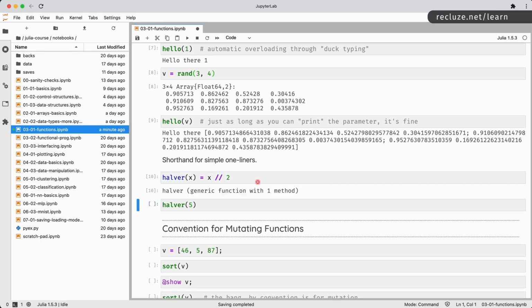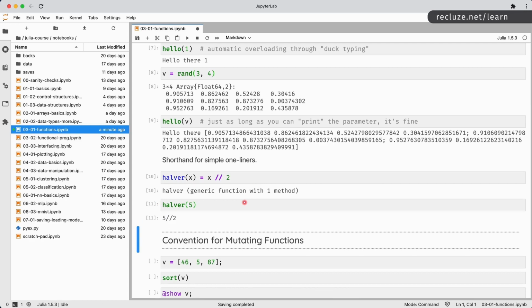If you run that, you get a function back which is going to be called hover, and it's going to take one argument. So hover 5 is going to return obviously 5 by 2, which is a rational number. So this is very useful when you have one-liner functions, and it makes your code look very similar to mathematics, which, as we saw in the previous video, is one of the objectives of Julia syntax.